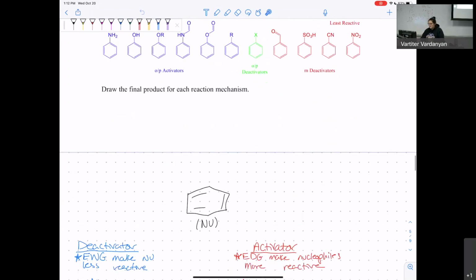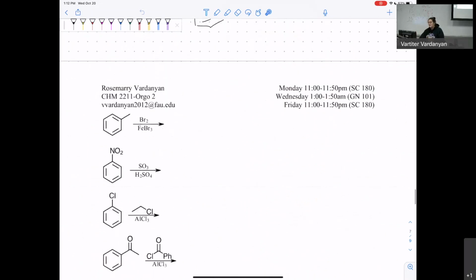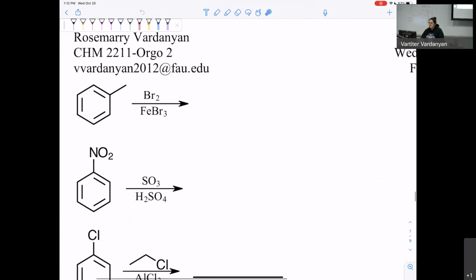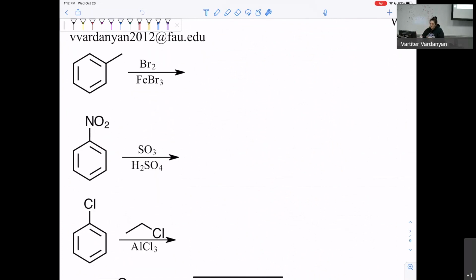And then this is supposed to be the instructions for the next page. So for the next page, all we're doing is drawing the final product for the given reaction mechanism. So we're essentially just going to go through now and do a bunch of practice. The way I do each one of these questions is pretty much the same. So first things first,